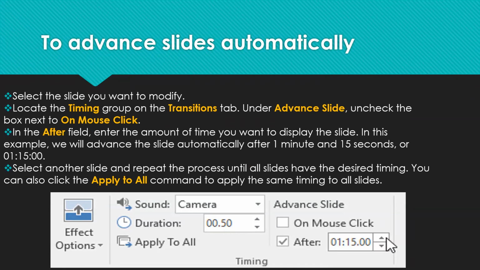So you will have only 2 options. One, you wait for the automatic slide transition to happen, or you can do it by using the space bar or the arrow keys.